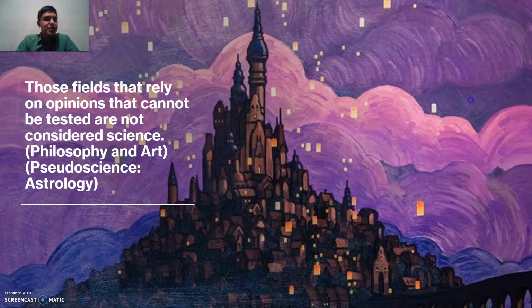In these fields, we can also consider some that are called pseudoscience, such as astrology. Astrology believes that we can predict the future of a person just based on the position of stars and the position of the constellations in general. One more time, that's not something that can be scientifically proven, but something that a lot of people believe in. So it's not specifically science, but a lot of people believe in it. And it's called pseudoscience.